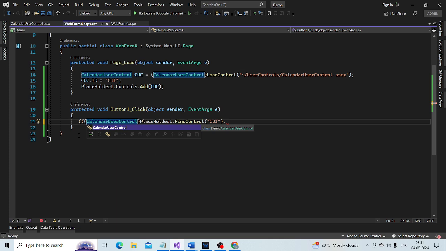And then all we need to do is, we know that calendar user control has got the SelectedDate property.